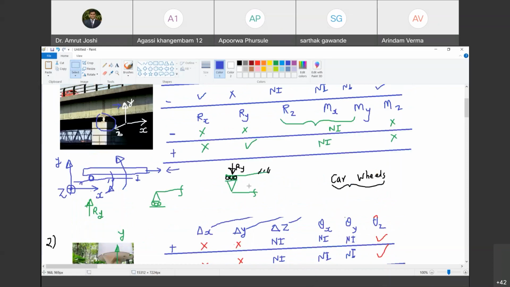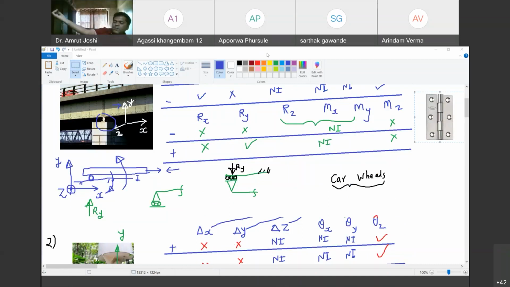So this is the example of hinge support. Now, just have a look at your elbow joint. I am putting my video on. Are you able to see my video? Just have a look at this elbow joint. If I want, I can make this joint to behave as a hinge support. Free rotation about Z axis.